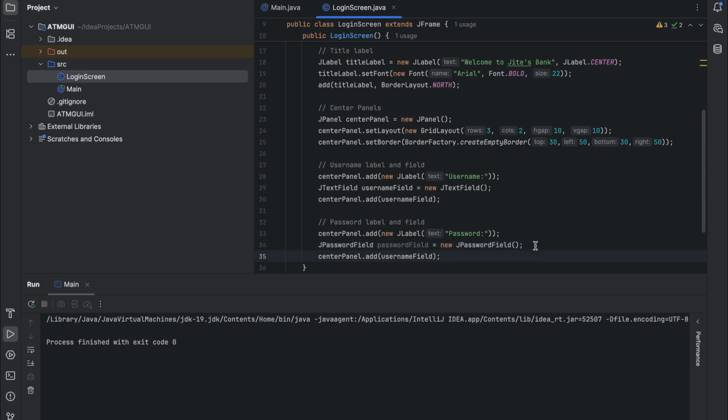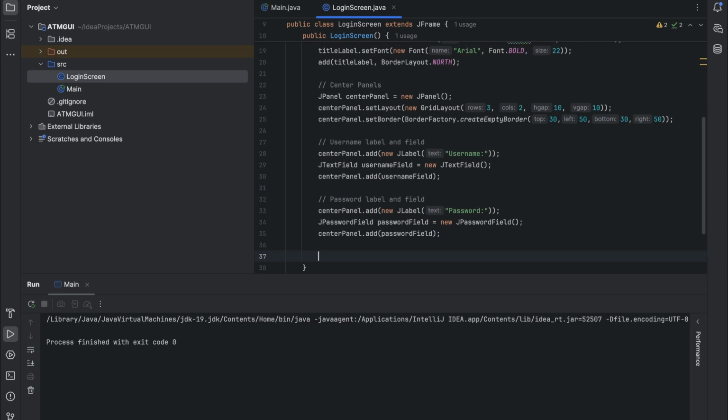Now, next, we need to add this, which is now the password field. So we're adding it to our center panel. All right, so I think we need just one more thing, which is another empty